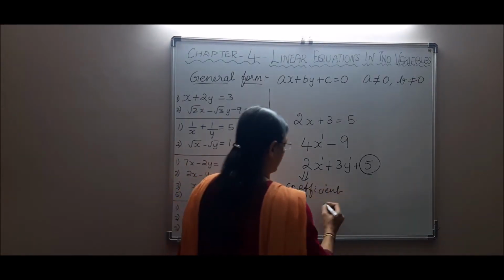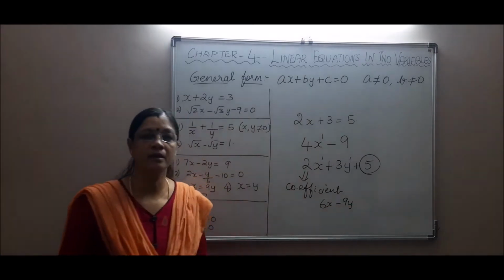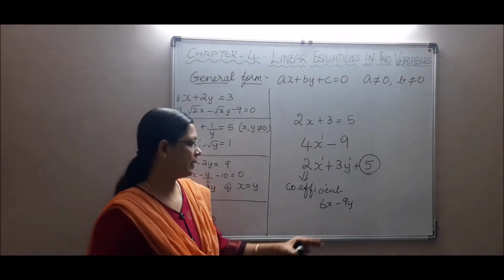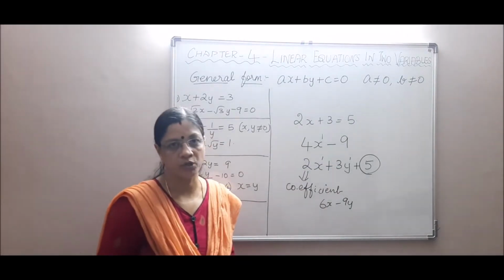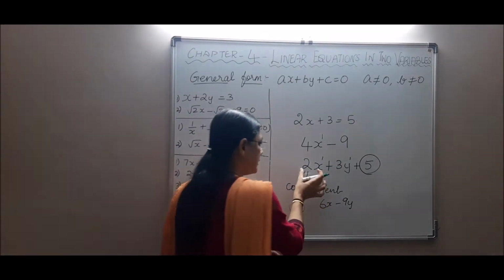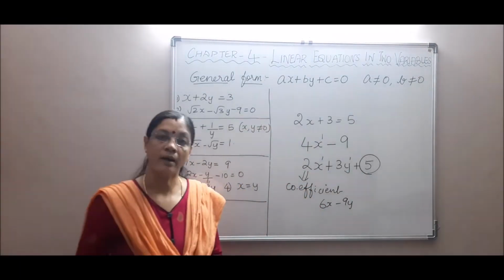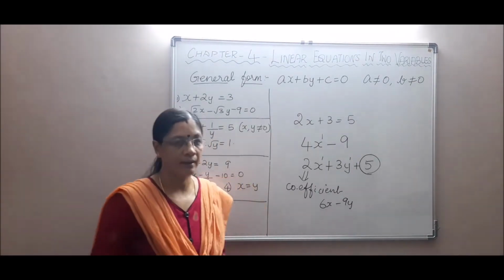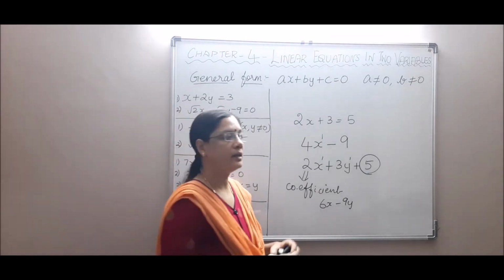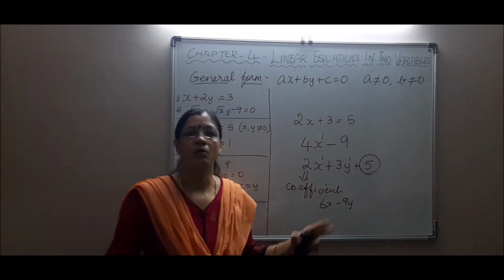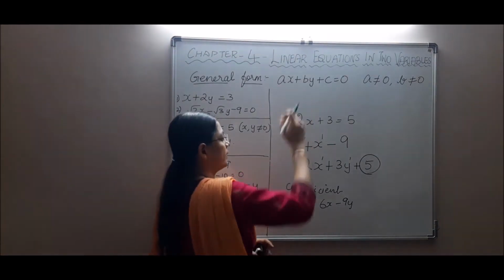Okay, so the coefficients have to be mentioned along with the sign too. If you have 6x minus 9y, then minus 9 is the coefficient of y. Now here minus 9, 6, 2 and 3 are all numerical coefficients. Do you understand? And these are terms which are connected by an operation, addition or subtraction, and hence this is called an expression, we know. And here we are going to learn about these type of linear equations in two variables.